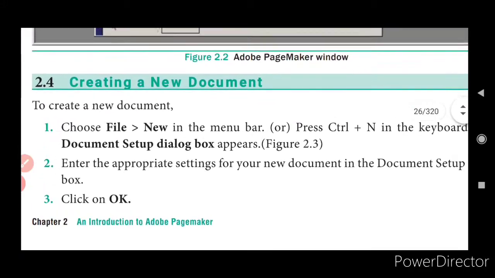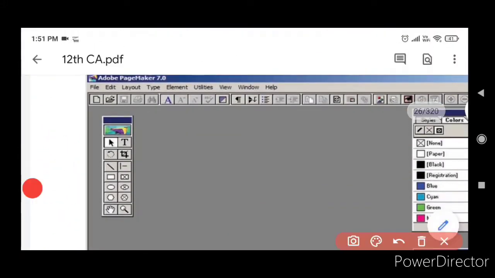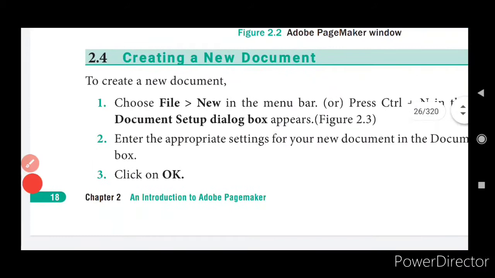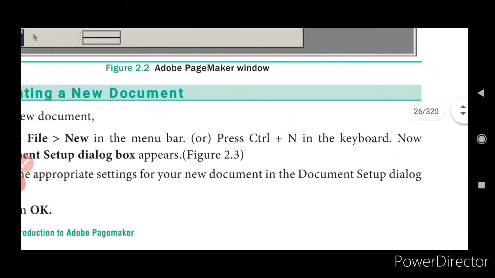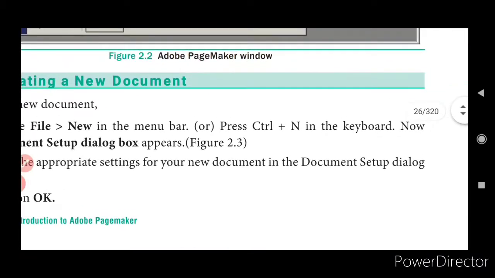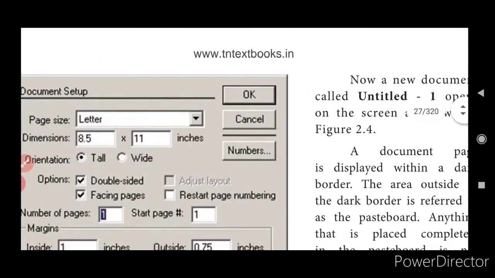So how do you create a new document? Just get into this File. Yes, here you have a File, right? Into this, just give it as New. As you give, what happens? A new document will be opened. Instead of giving File New, you can also give it as Control N. Yes. Once when you give, what happens? A desktop document will appear. You know how this document is going to be?